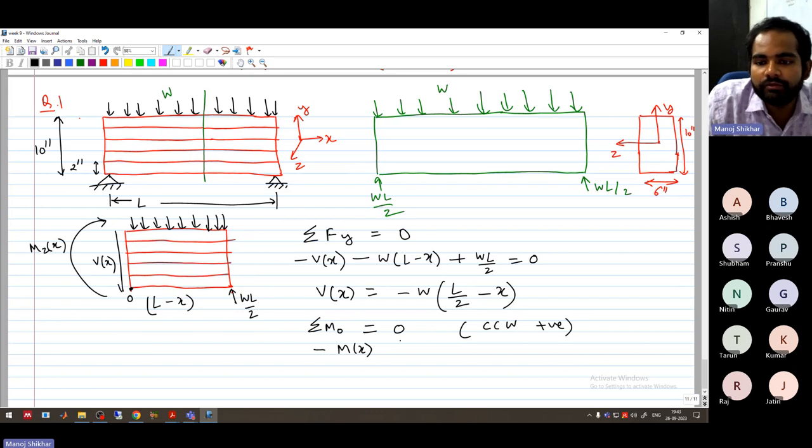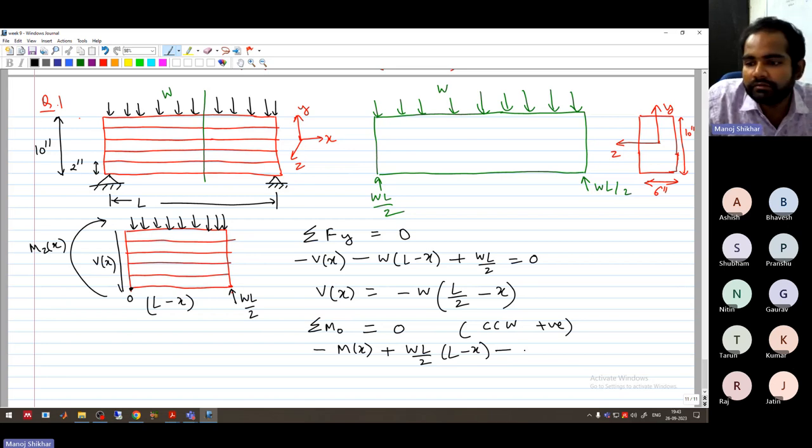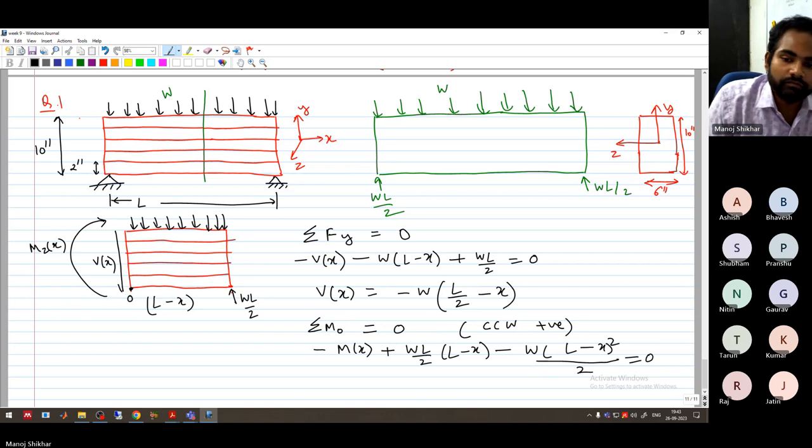The moment because of WL by 2 will be plus WL by 2 into L minus x. And the moment due to the distributed load will be minus W into (L minus x) whole square by 2. This will be equal to 0. So from here, our Mzx will be equal to